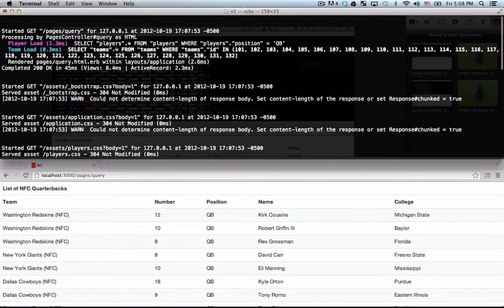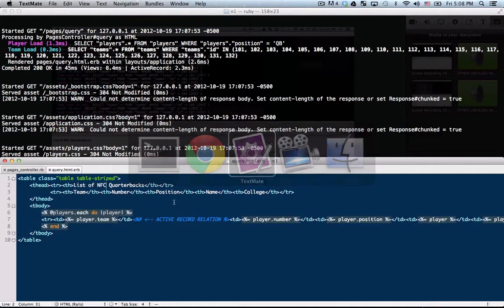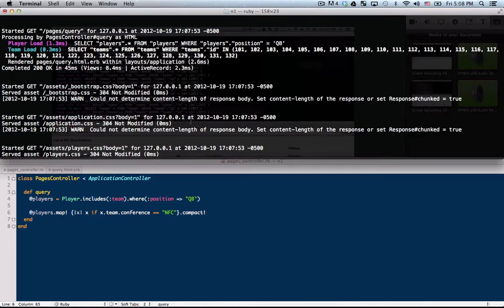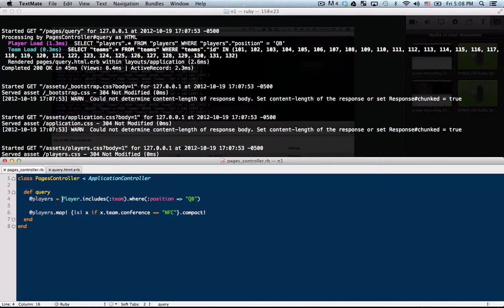And I look at my statement, I'm eager loading the teams, and that's great. But there is a problem here, and I don't know whether or not you see it, so take a second and see if you see what the problem is. Alright, well, if you didn't get it, the problem is that we're still running this SQL query,